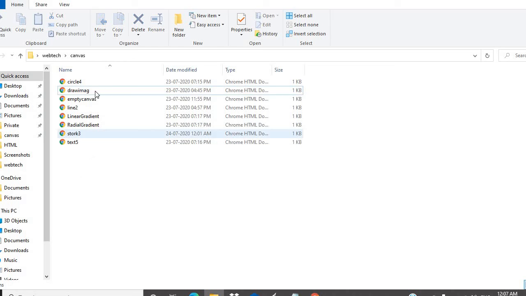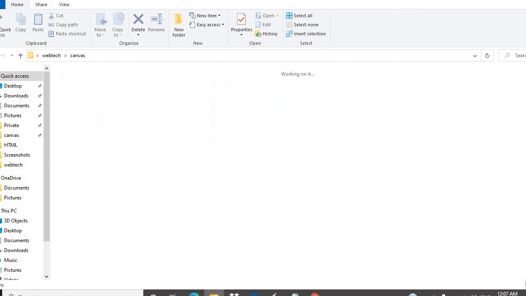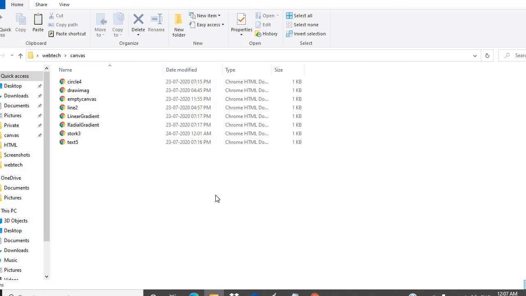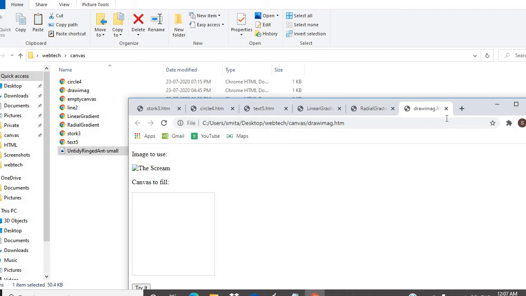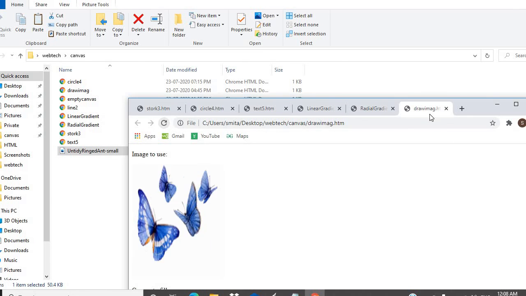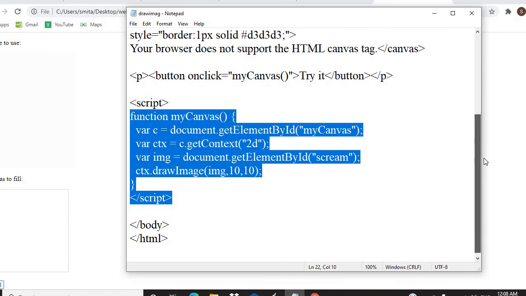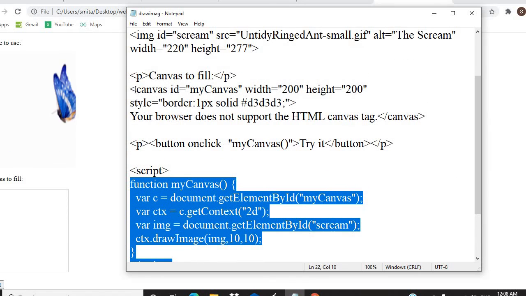Okay, I have to put this image in my folder. So just wait. Whichever images you want to insert, they are supposed to be within your folder, then only it will display the output. Now just refresh your page. So this image is there. This is my original image. So these are the contents for my original image.